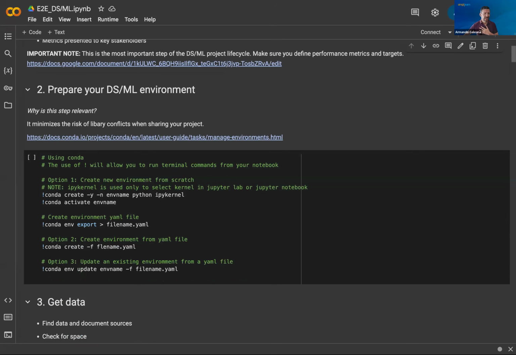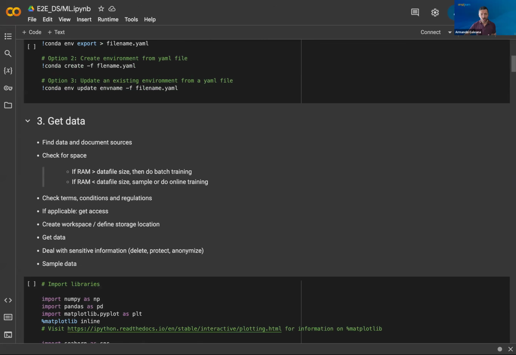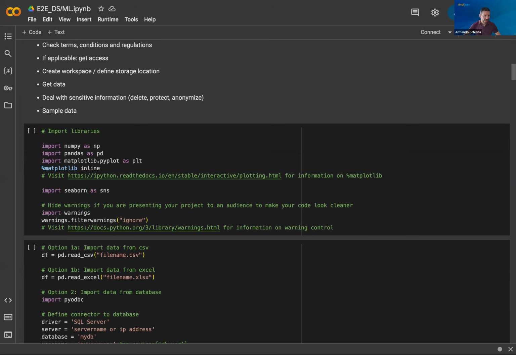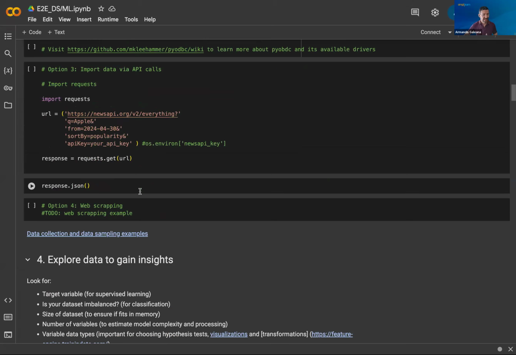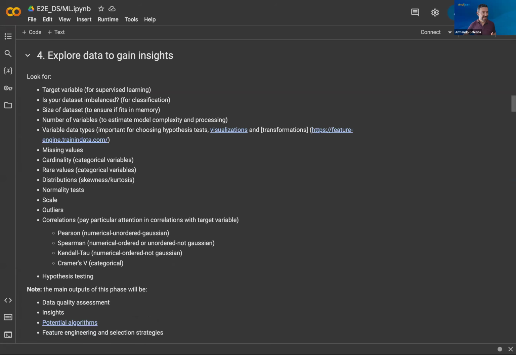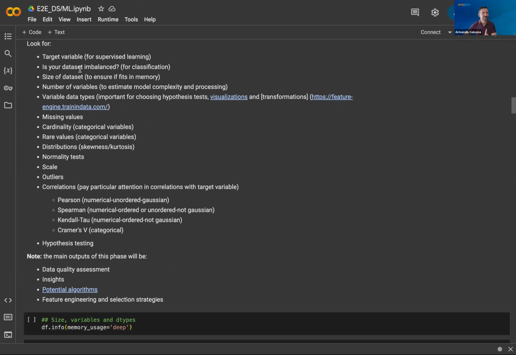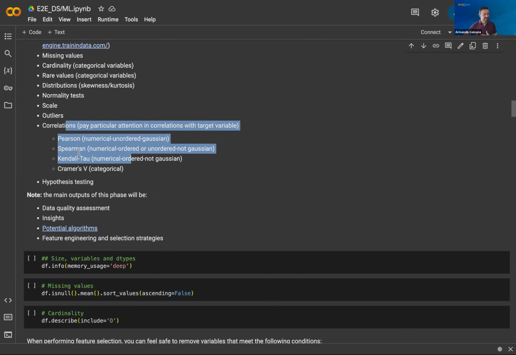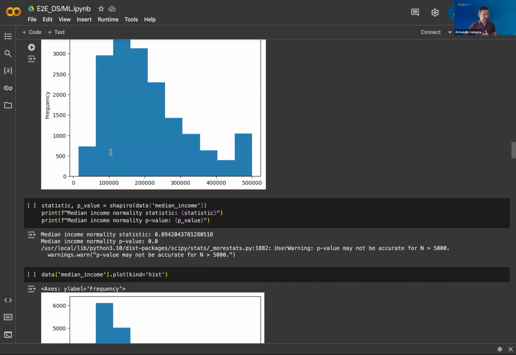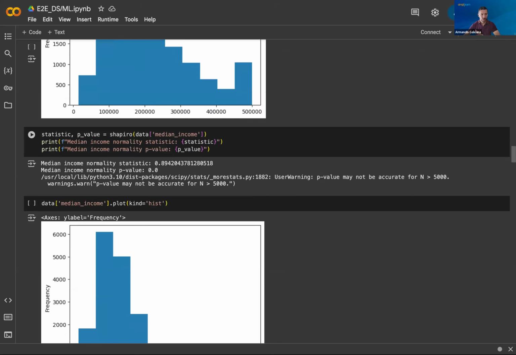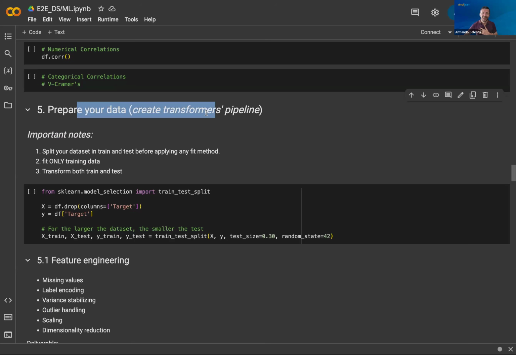It's preparing your environment with all the libraries, acquiring your data through Python, creating APIs, or Excel files, or connecting to a database. Then, as a data scientist, look at everything you would have to do: looking at the variables, looking for imbalance, looking for correlations, doing a lot of data science work to make sure that your data has the expected quality. And this is limited code, by the way. This is not a full-blown project. This is a template.